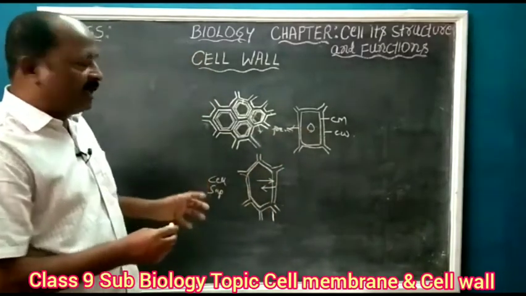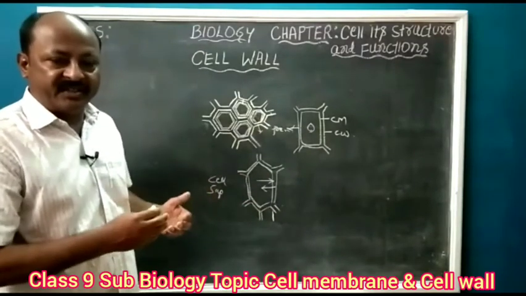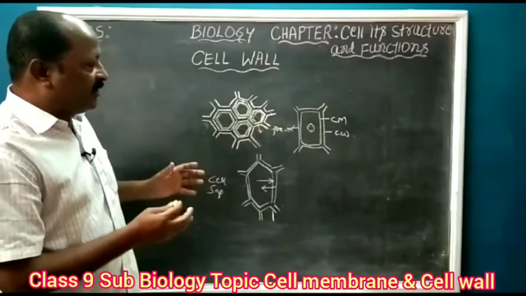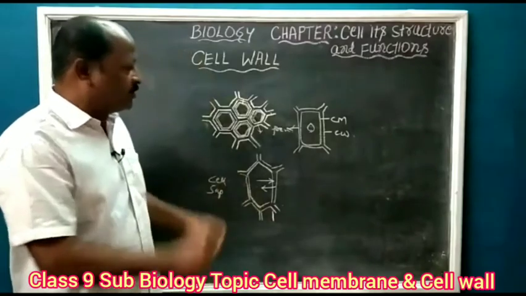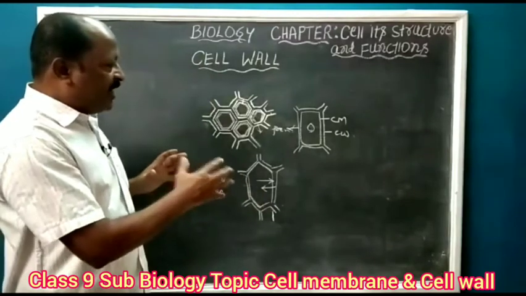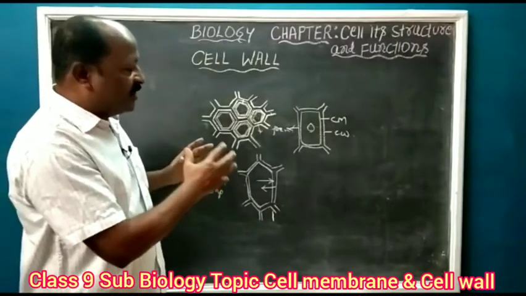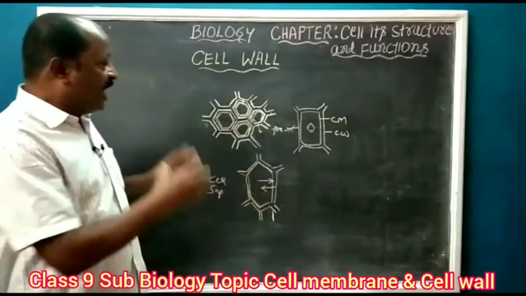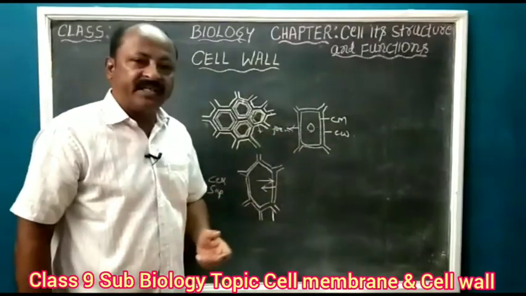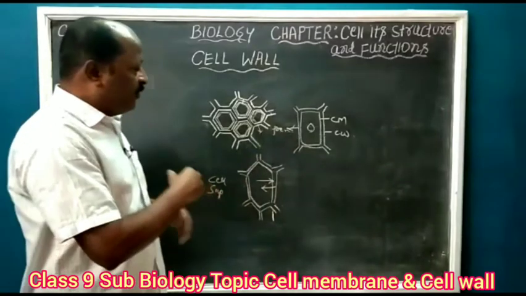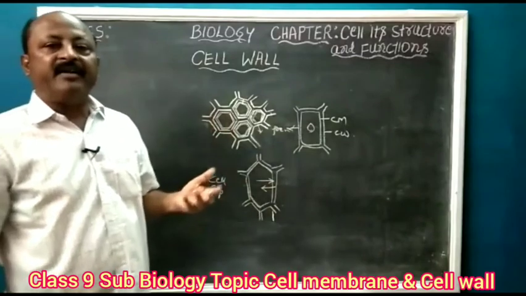So like this cell wall is helping the plant to resist the greater changes outside the cell, and the cell wall is giving rigidity, strength, supportive strength to the cells. Like this, the major difference between the plant and the animal cell is the presence of cell wall in the case of the plant cells, and plasma membrane is a live structure, whereas cell wall is a dead structure. So further we are going to talk about the cell membrane in the plasma membrane chapter.